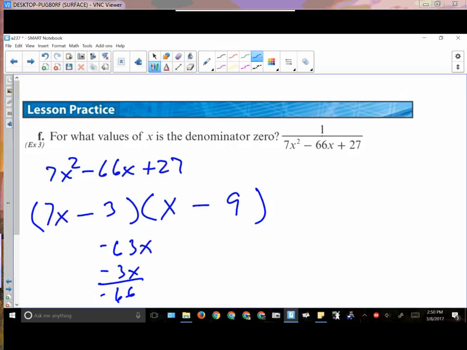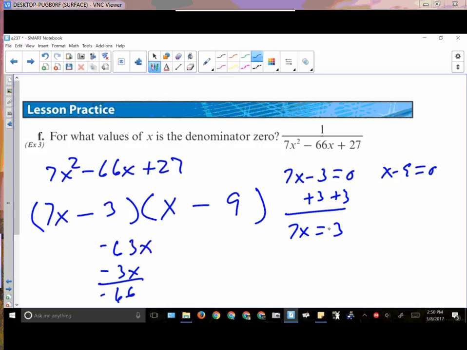Excellent. So that means that I got 7x minus 3 is equal to 0. x minus 9 is equal to 0. Add 3, add 3. 7x is equal to 3. Divide by 7, divide by 7. x is equal to 3/7. That's one of the numbers. Add 9, x is equal to 9. That is the other number. So really this goes back to learning how to factor and know what it is that you should be doing with them. Now, as we continue on with this stuff,